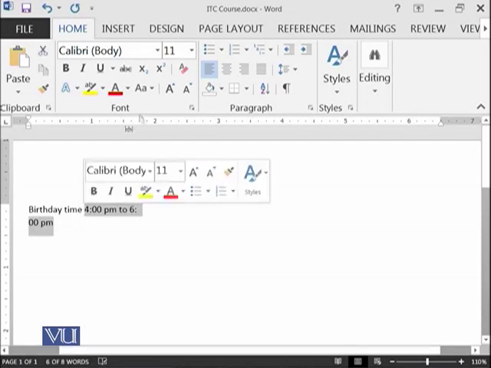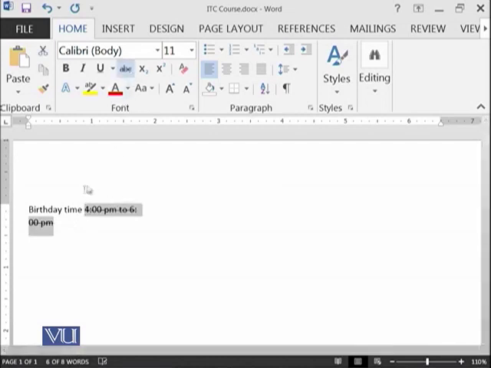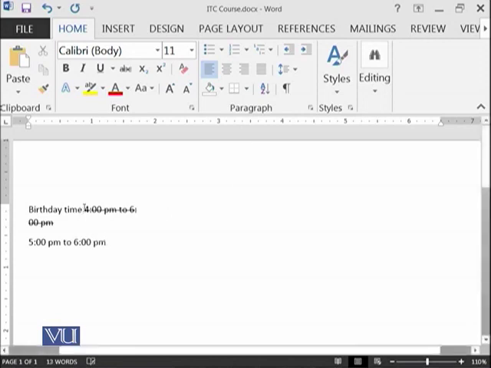So you can select this, you can put strike through, and then you can say now it is from 5, the strike through is coming because it is selected. So now it's 5 p.m. to 6 p.m. So you can cut any of the content from your document if you want.